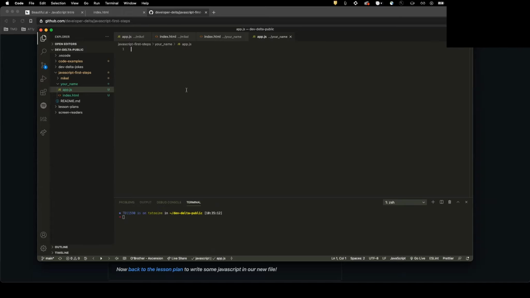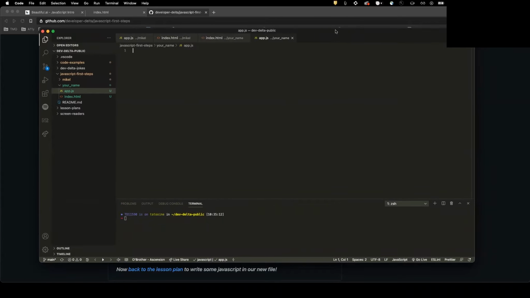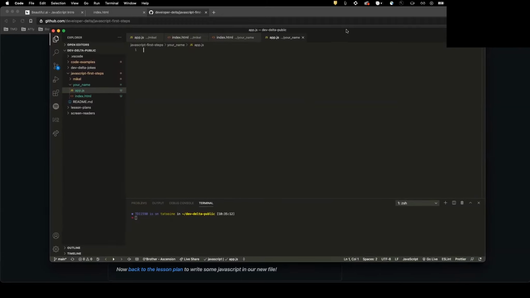Basically, you just want to get to this point so that you have a directory that is your name that has your stuff in there. And then also in the spirit of making this something that we can turn in homework-wise, we are going to use Git as well to create a branch off of this. So once everybody gets to this point and they have their name and the app.js and the index.html set up,